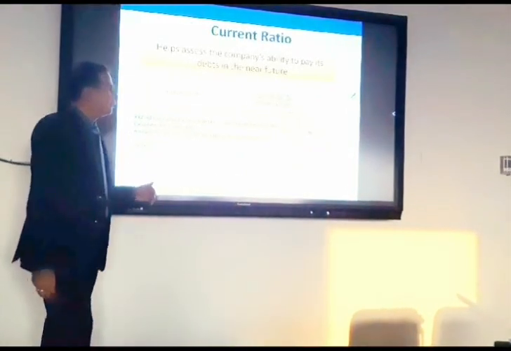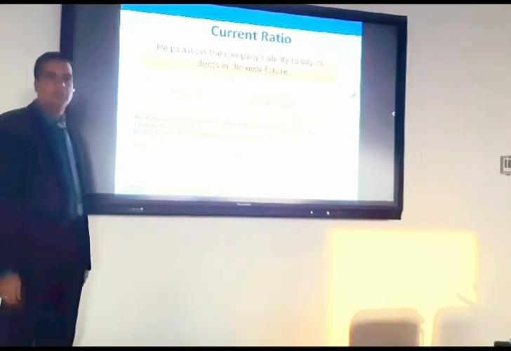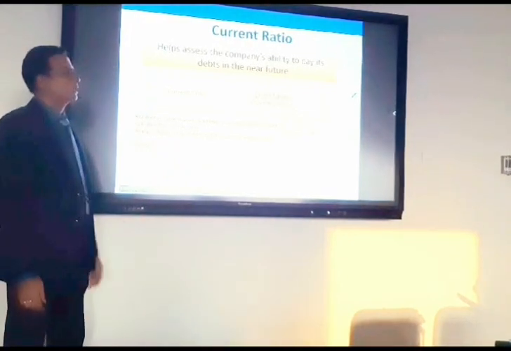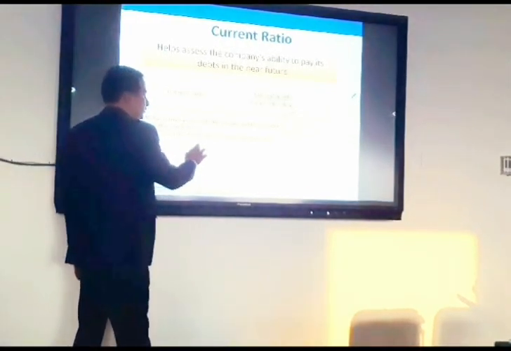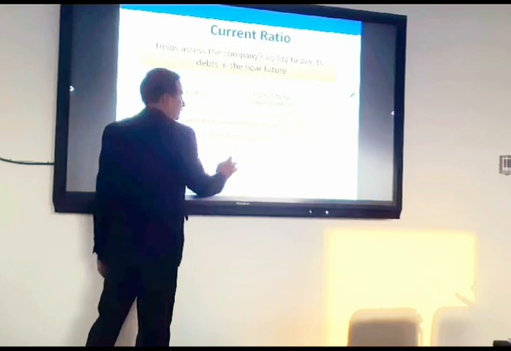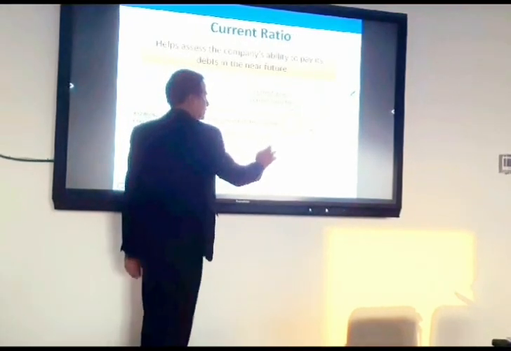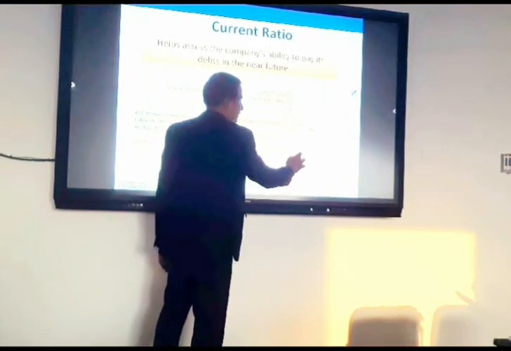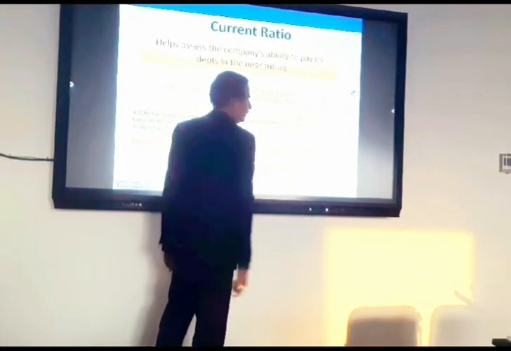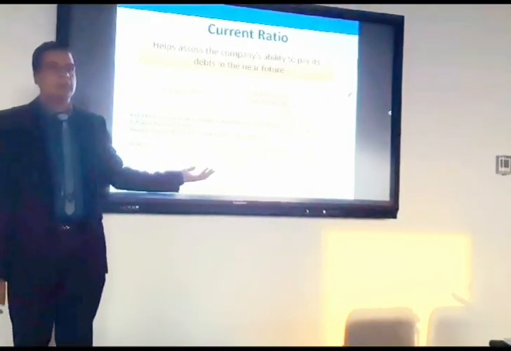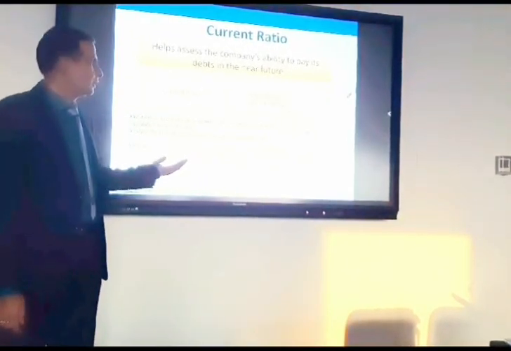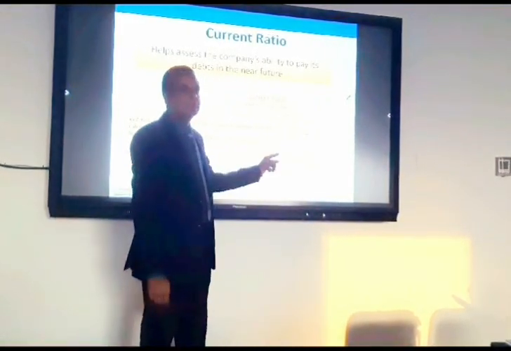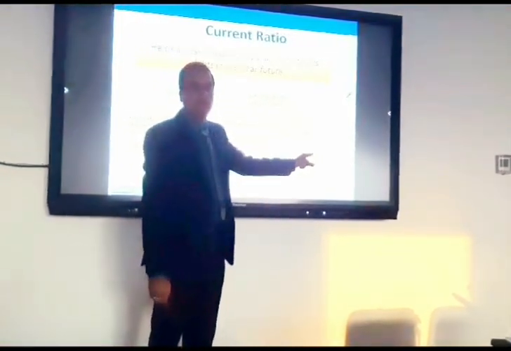So if you see the data given here, current assets are 30,000, current liabilities are 20,000. How to calculate the current ratio? The current ratio formula is current assets over current liabilities. That is 30,000, the value of current assets, over 20,000, the value of current liabilities, which is 1.5. What does it indicate? This ratio indicates that for every $1 of current liability, the business has $1.5 worth of